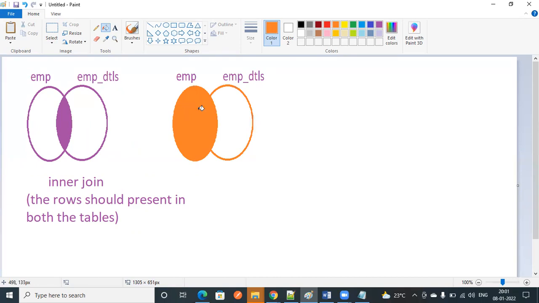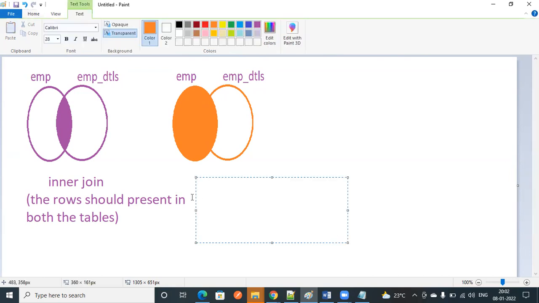Then I'll talk about left outer join. Left outer join means first it will fetch all the rows from the left side table.